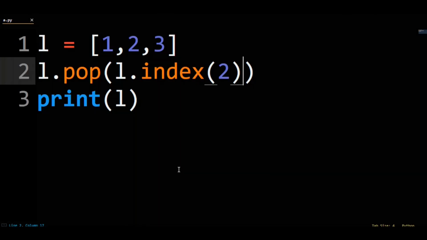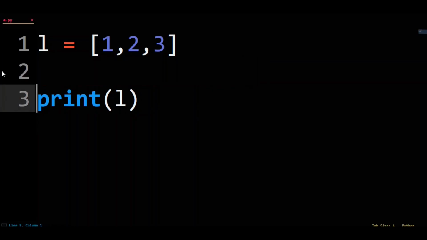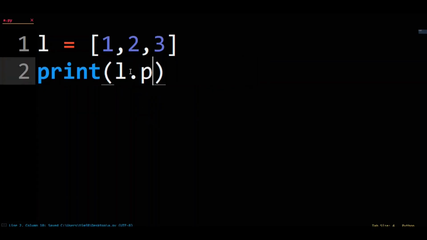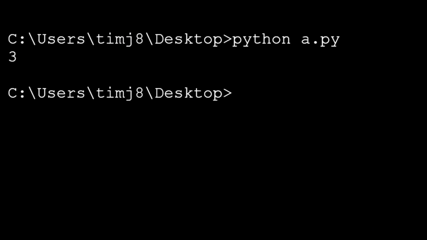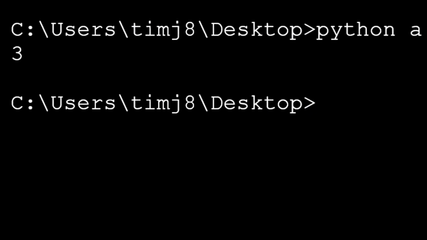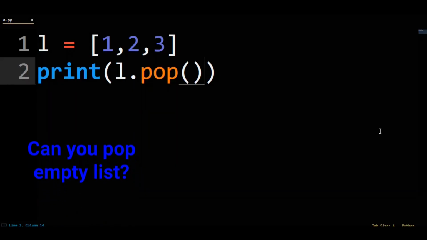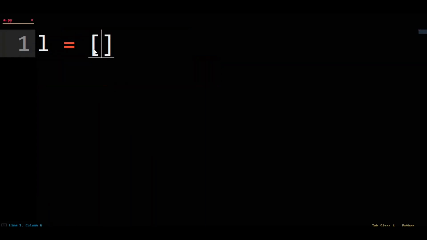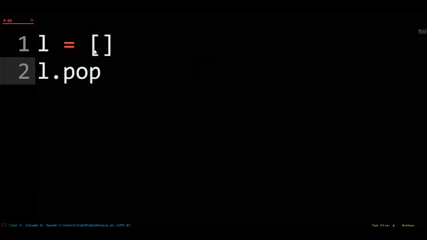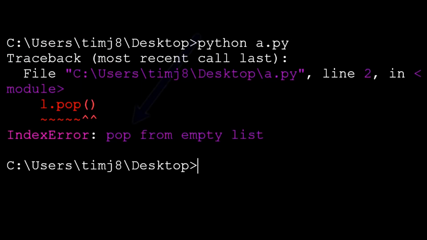Okay, what does list pop return in Python? If we remove the middle line and just make the print be L.pop and run that code, we'll see pop returns the element it removed, 3 in this case. Last, can you pop empty list in Python? Let's try it. L equals empty list. L.pop. If we run the code, we'll get an error that is literally named for not being allowed to do